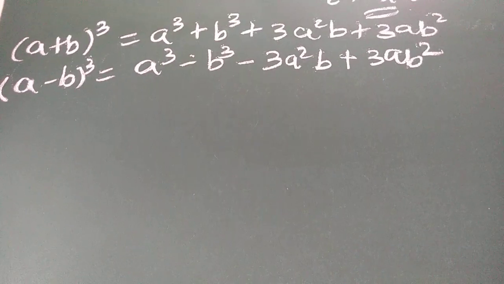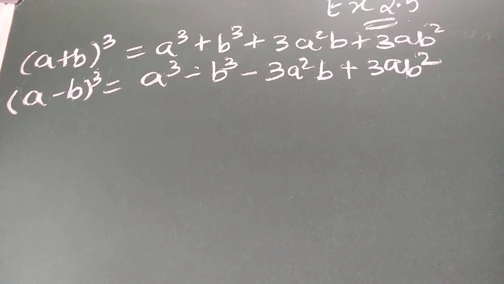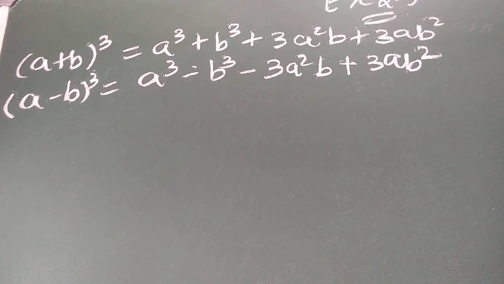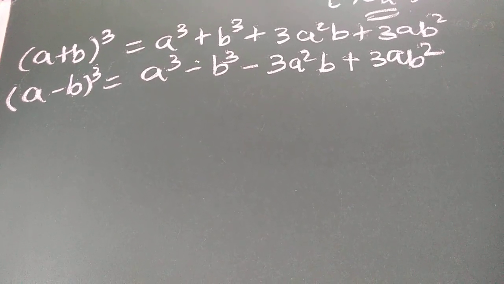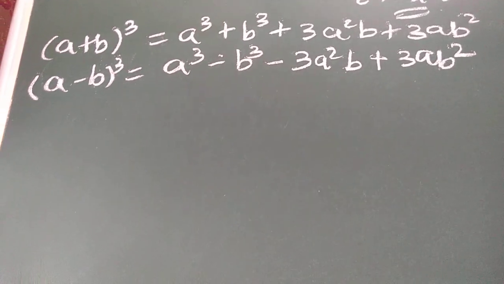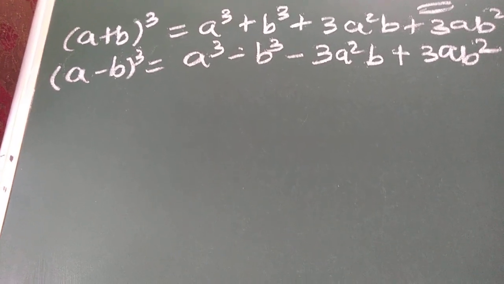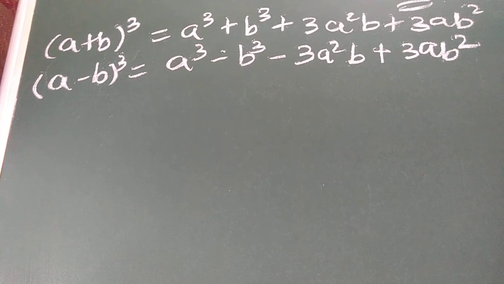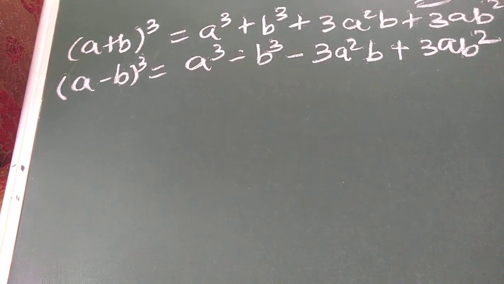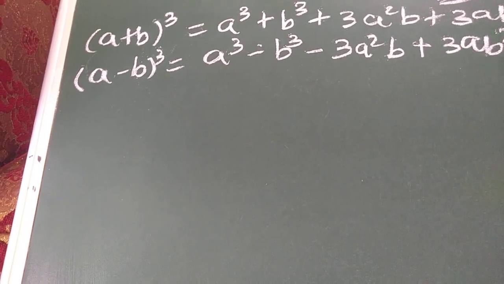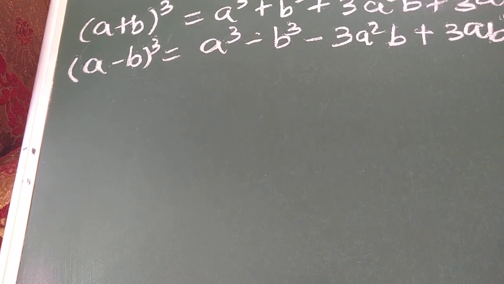So now our next sums are based on these two identities children. It is about the expansion of the terms based on these identities. I will try to solve few sums and few sums give us a notes. Okay, if you get any doubt you can call me and ask children.